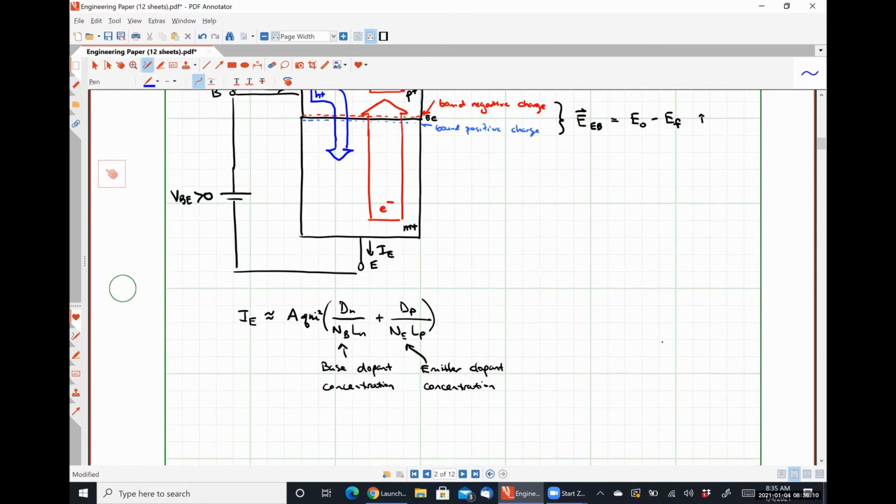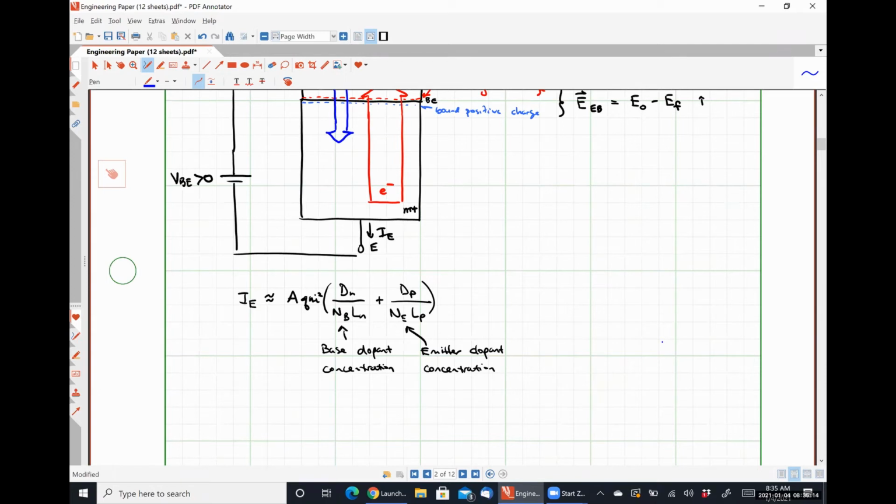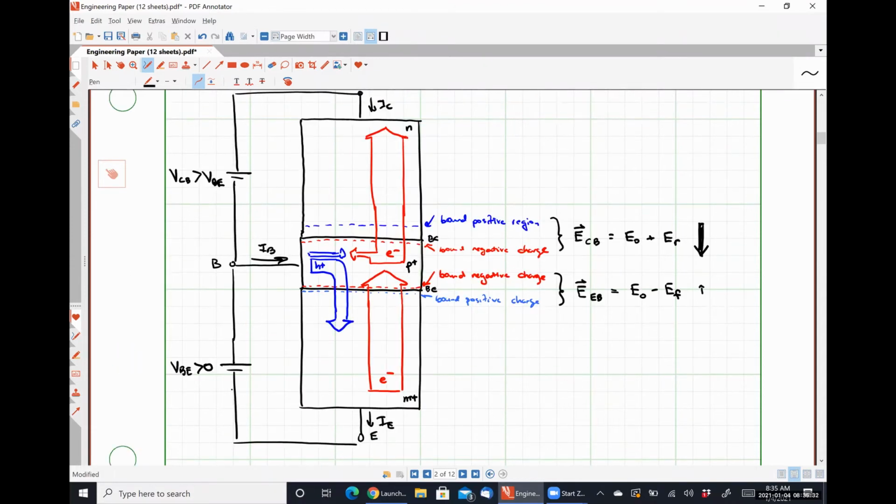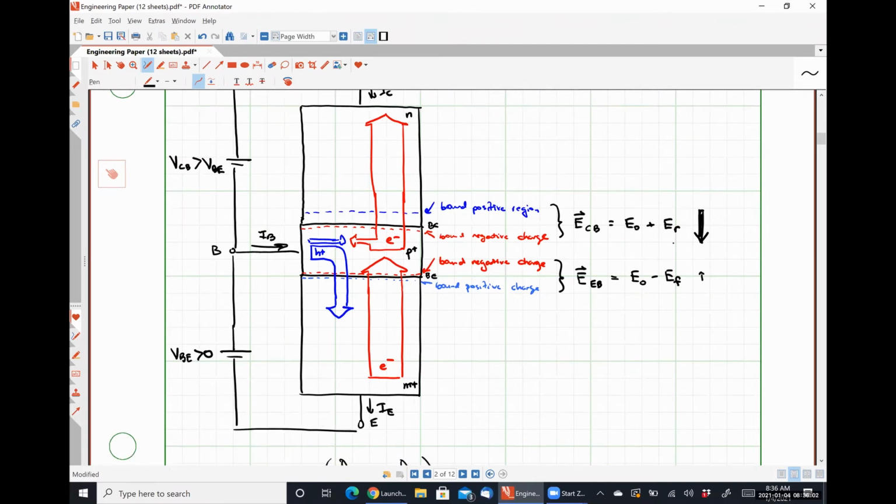All right, so our collector current, IC, is going to be smaller than the emitter current by definition. And the reason for that is that the collector current does not have a hole flow contribution as well, right? So any holes are going to get pushed away. So we shouldn't see holes traveling up, canceling out any portion of our current, right? So all of the holes, if any hole in this region is going to get pushed away from that junction, only electrons flow through. So we can say that our collector current, we're going to have a very similar expression,